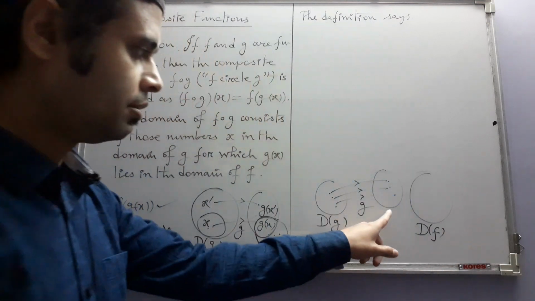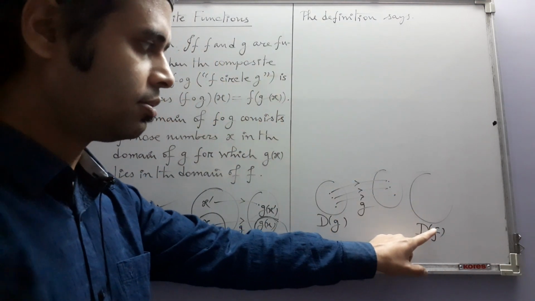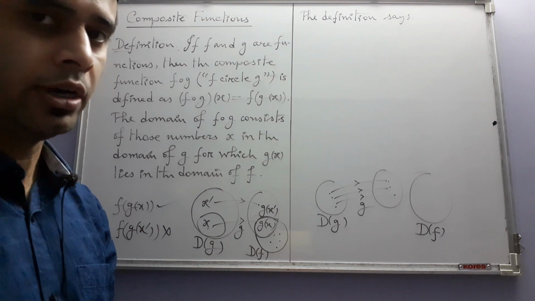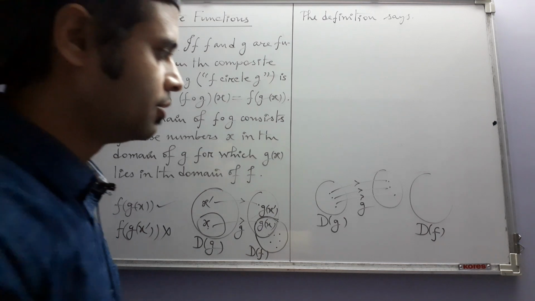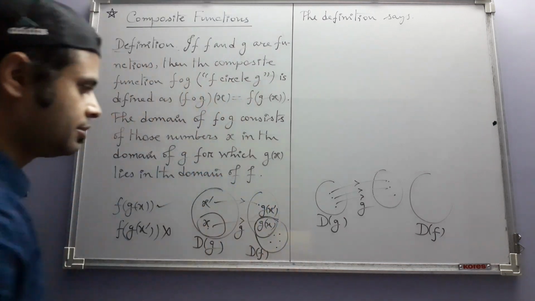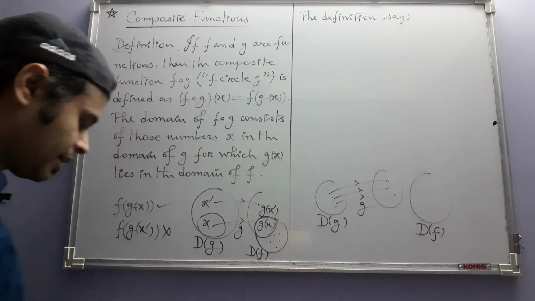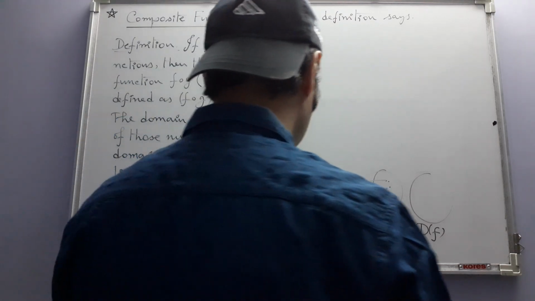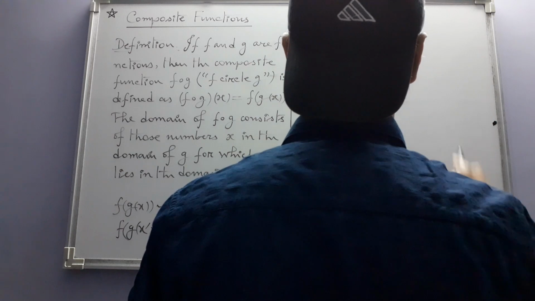That is, the range of g and the domain of f are disjoint, they have no point in common. Then f circle g cannot be defined. So that's why this next paragraph says,